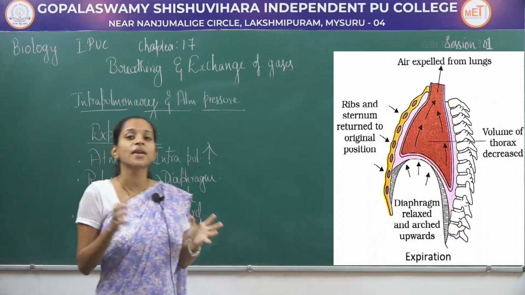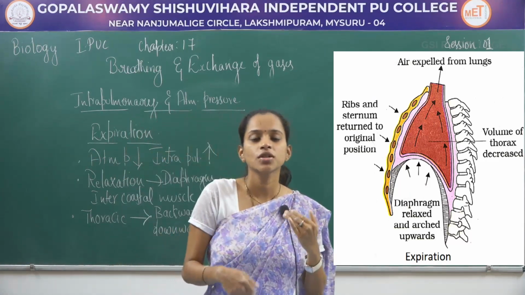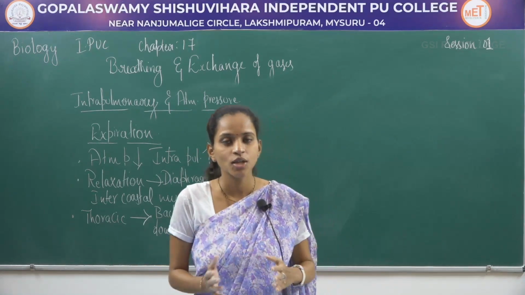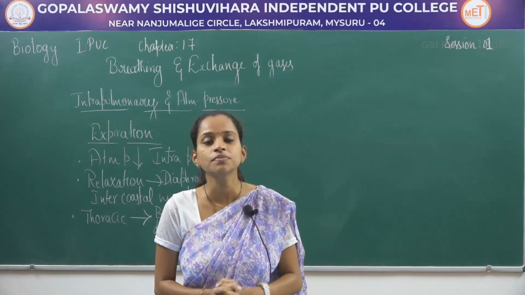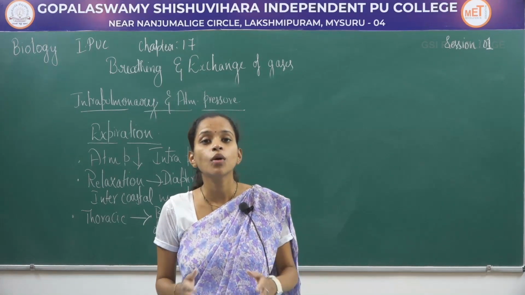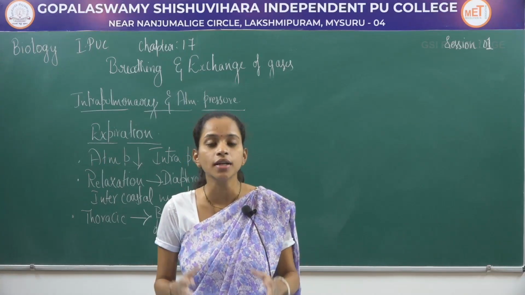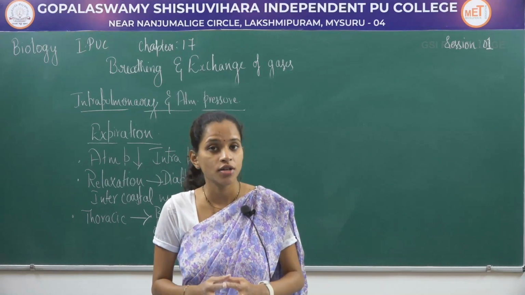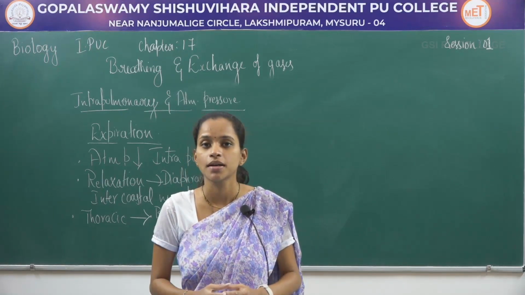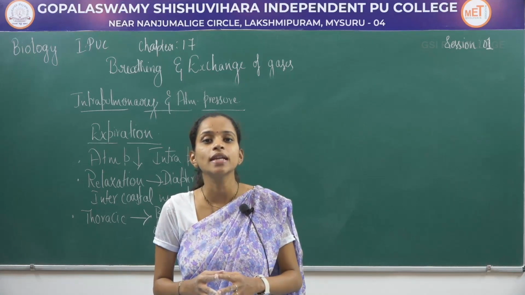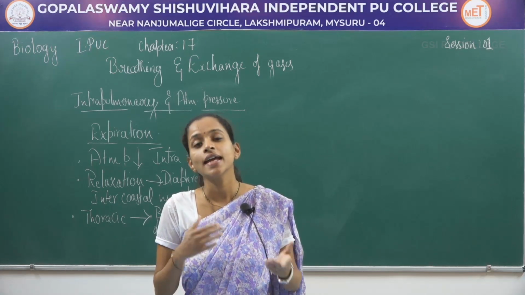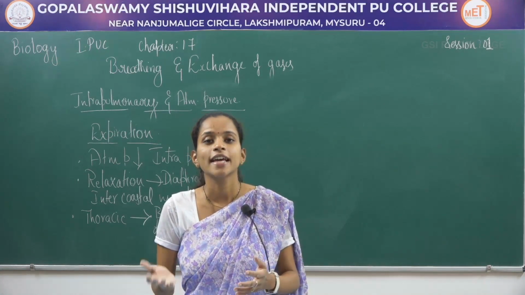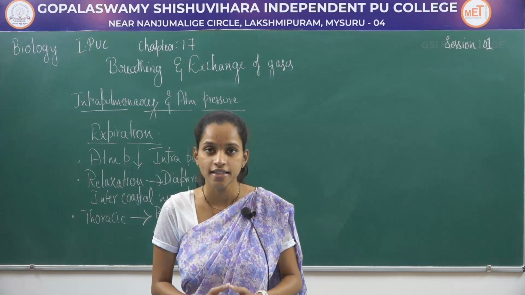So that is how the pressure affects inspiration as well as expiration in the mechanism of respiration. Once again to revise, during inspiration, the atmospheric pressure should be more compared to the intrapulmonary pressure. This happens because of the contraction of the diaphragm and intercostal muscles between the ribs, which helps to increase the thoracic cavity, in turn increasing the pulmonary volume and reducing the pressure, so that the air from the atmosphere is transferred inside.